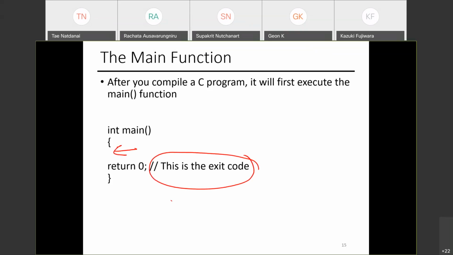Remember shell scripting? That's the command that looks at the last command's exit code. If you put a different number here, for example, if it's an HTTP program and it returned the value 404, it knows that I'm trying to find some address on the internet that doesn't exist, right? So it gives you hints of what's going on in my program.